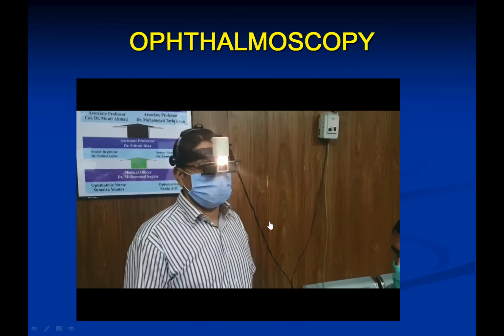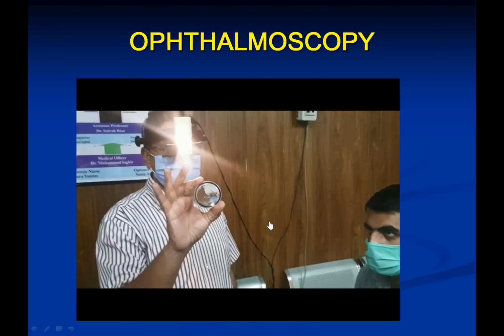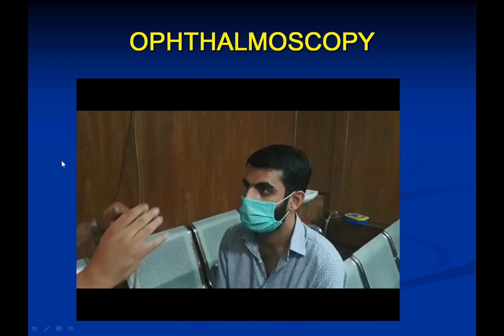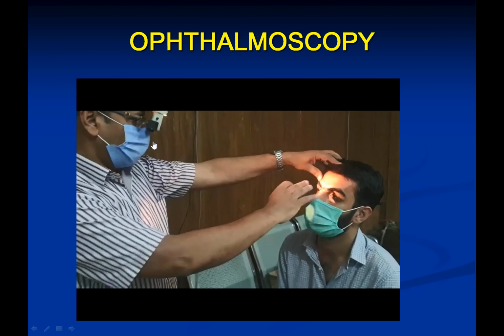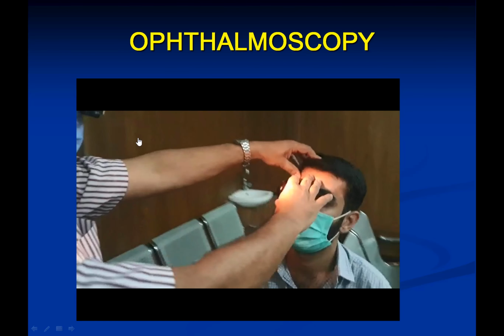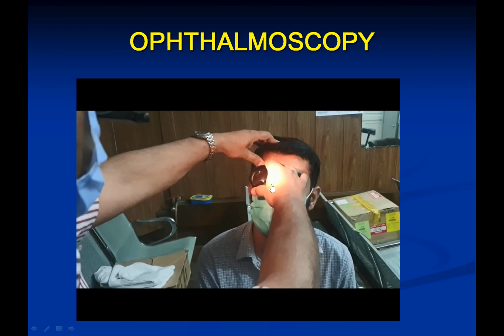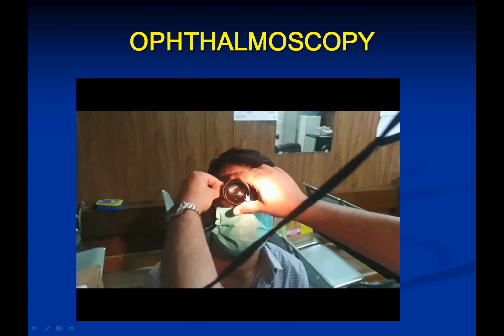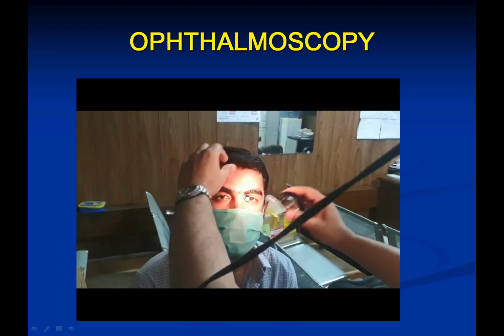Next, indirect ophthalmoscopy. See, on the monitor, this is the lens, and the doctor has the indirect ophthalmoscope mounted on his head. The plus 20 diopter lens is placed between the eye and the doctor. You can see all the details of the retina from the periphery if the cataract is not mature. Or you can see the good eye of the patient, the other eye that is not having the cataract or having an immature cataract.